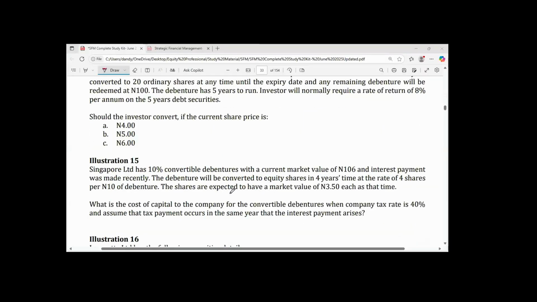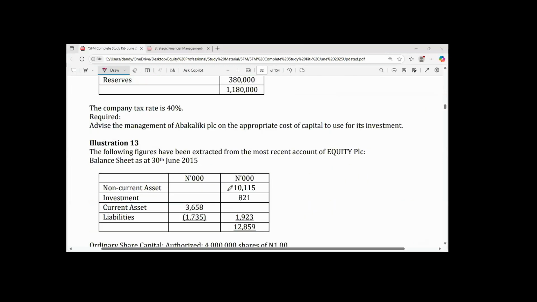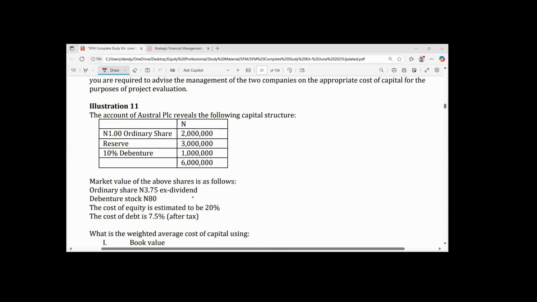Yes. Let's start small. From this moment until we get to project specific, all we are going to be doing are calculations. I've explained all the relevant concepts. So let's start with illustration number 11. I need somebody to read the account of Astra PLC. Illustration 11. One of you should read, please. I want to be sure you are following me. Yes, who is helping us to read? Let me even look at the class.